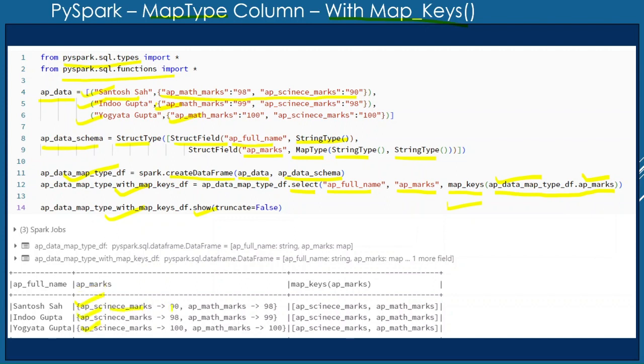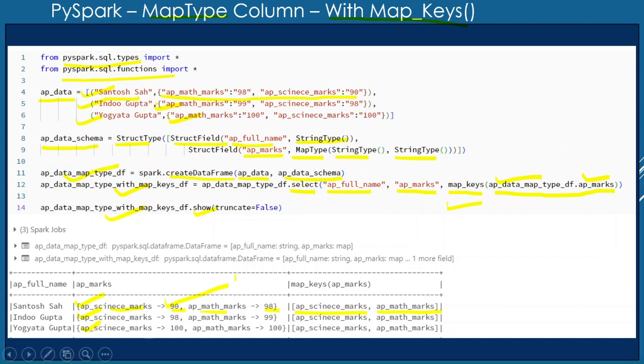This is the key, this is the value, this is the key and this is the value. The map underscore key column contains all the keys which are present in the AP underscore marks column. Here AP underscore science marks and AP underscore math marks are the two keys which are present in this map column.